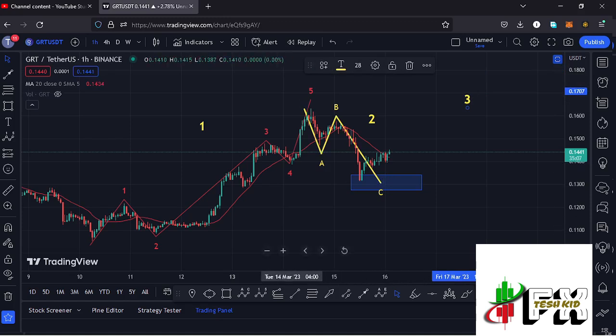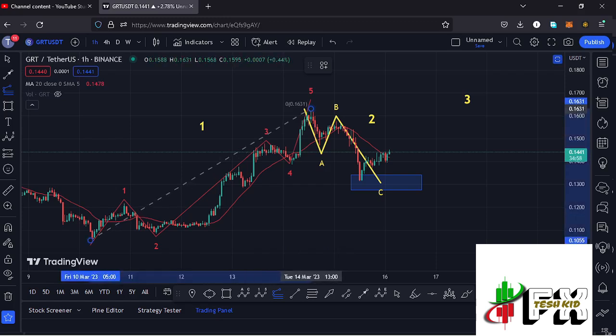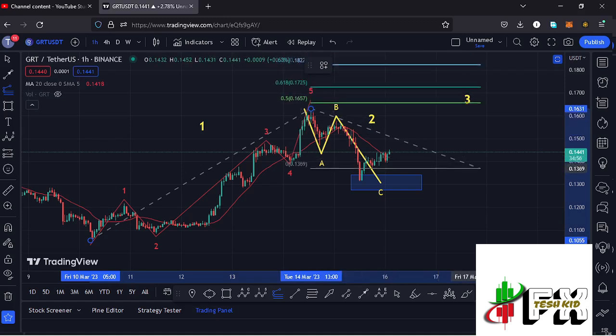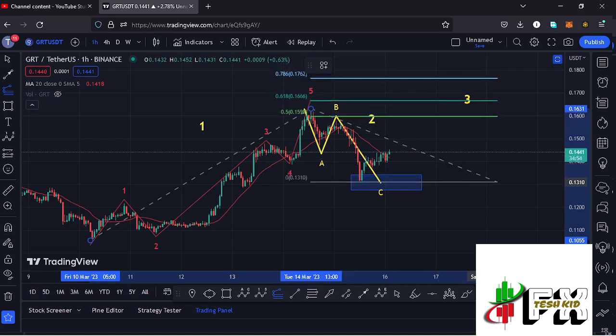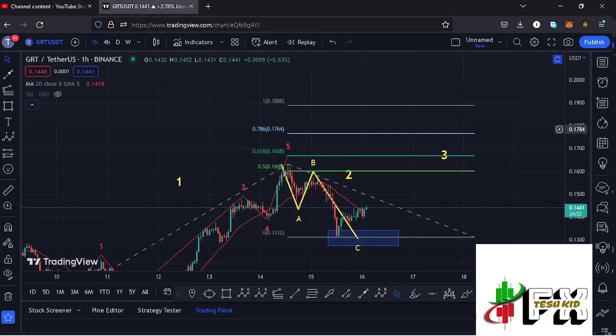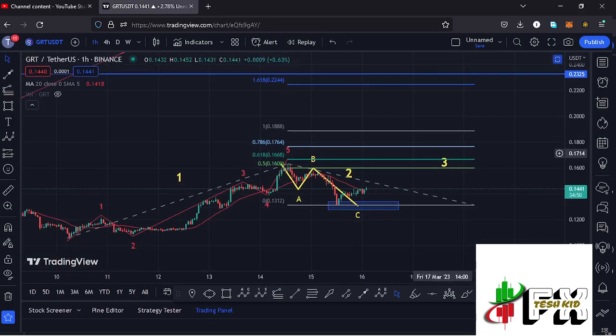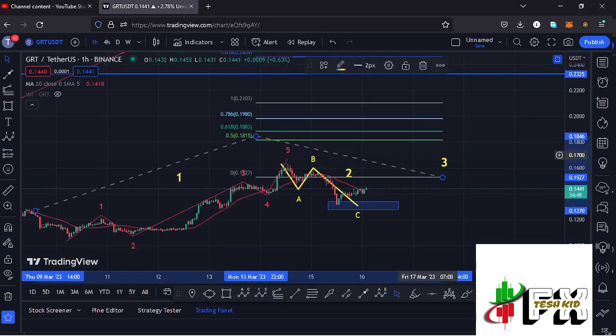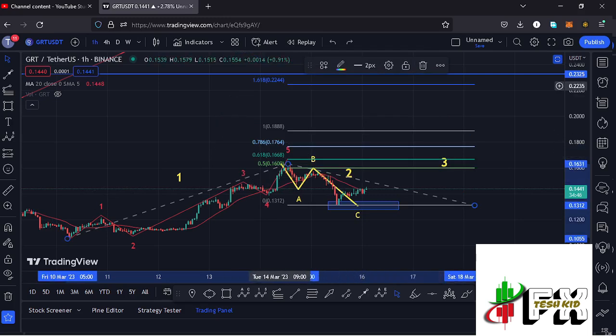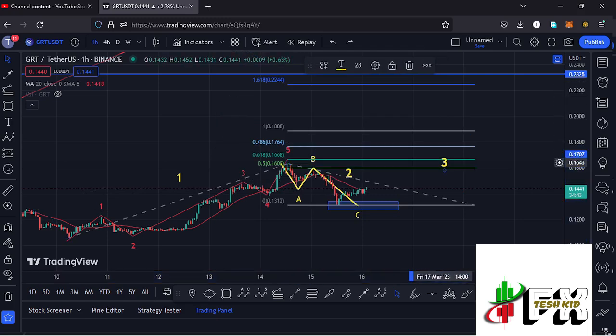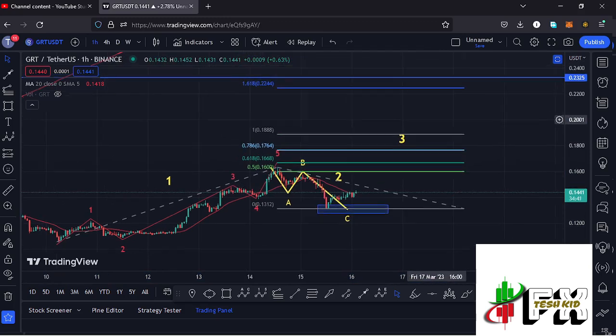And if that is the case, I can sketch out a target area to the upper side in the formation of that wave 3 by connecting the trend-based Fibonacci from the low of the first wave to the high of that wave 1, then dragging the fibs to the low of the second wave. That gave me a minimum target area to the upper side in the formation of that wave 3 at the fib level 1.618, and that is at around the $0.2244 mark, and that is the minimum that I'm expecting that higher Elliott wave count 3 to the upper side to do,